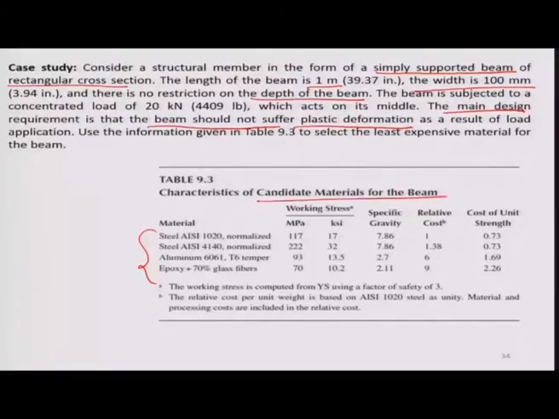Here the working stress is 117 megapascal for AISI 1020, and 222 megapascal for AISI 4140, and they have already considered a factor of safety of 3. Okay. And the specific gravities of these materials are 7.86, 2.7, 2.11. Okay. And using these values and the earlier formula,